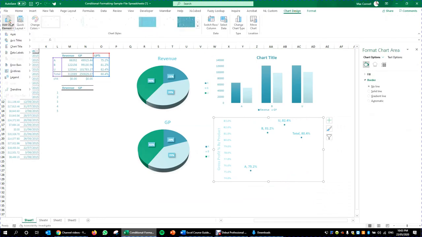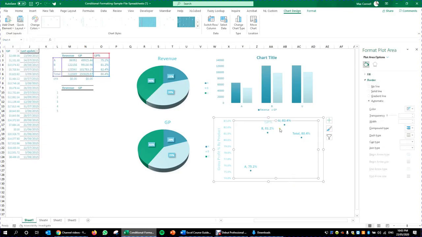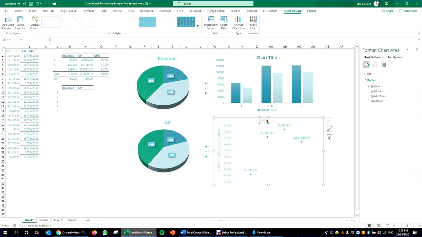So let's go to chart design and then go to chart title, and then we can go above chart. Unfortunately, I can't move this outside of the chart, so what I might do is I might try and resize this down a bit, like so. And then I can make the title gross